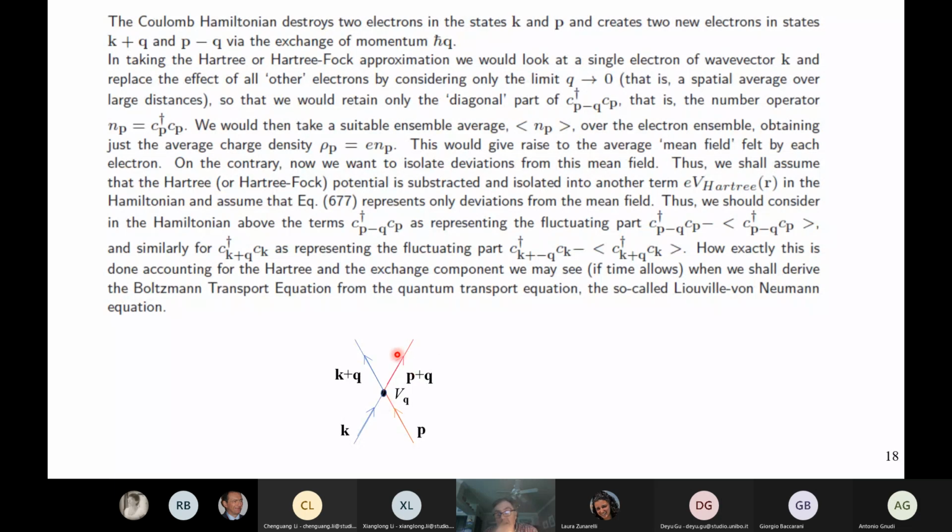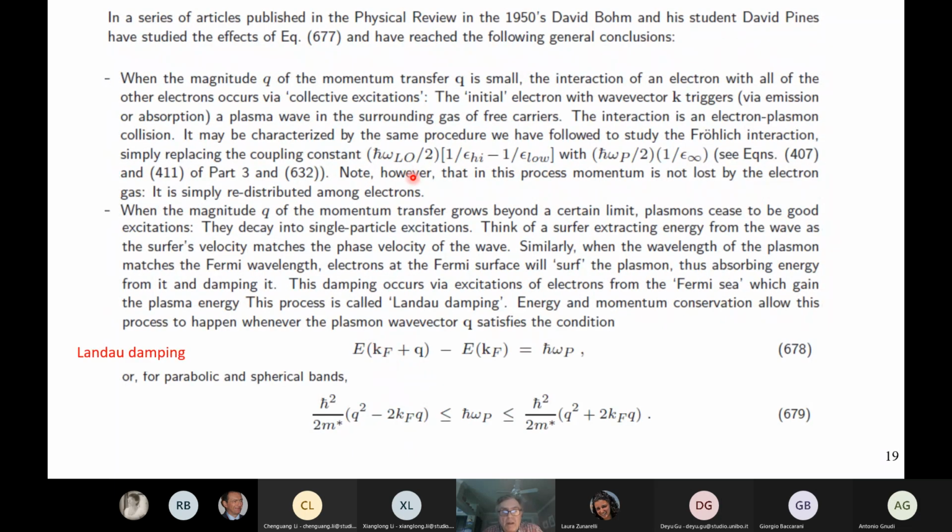Okay, so essentially, we look at a perturbation away from the Hartree approximation. Again, this is a discussion of what I told you already, and you can read it, but essentially it says that at long wavelengths, you have plasmons, but plasmons at short wavelengths decay. Whenever the plasma frequency is equal to the difference that you may have between an electron that has the Fermi energy and is moved to a Fermi energy plus q, whenever this happens, so whenever you can take an electron from the Fermi sea and move it above the Fermi level,